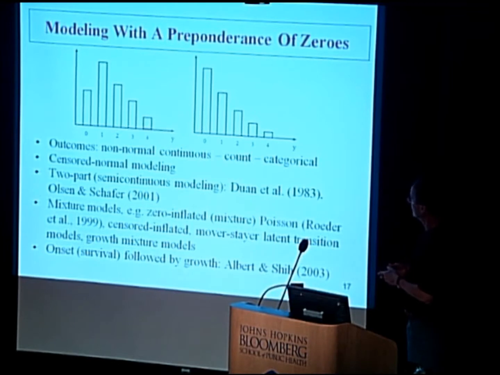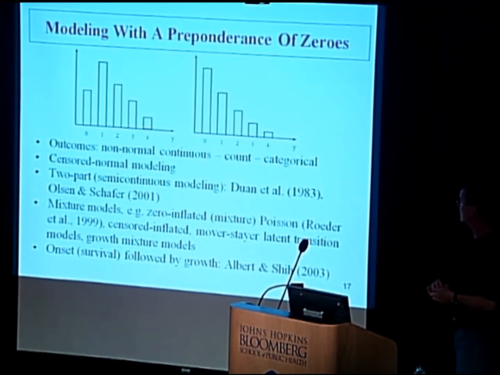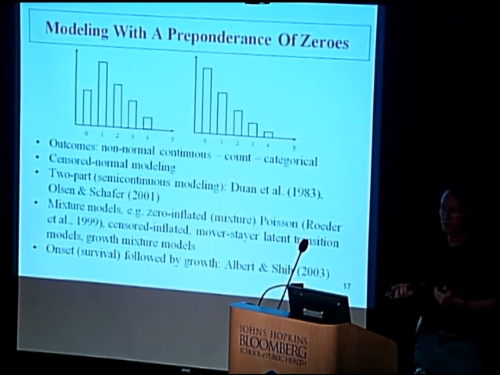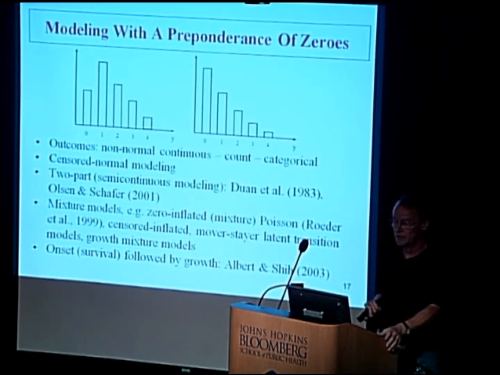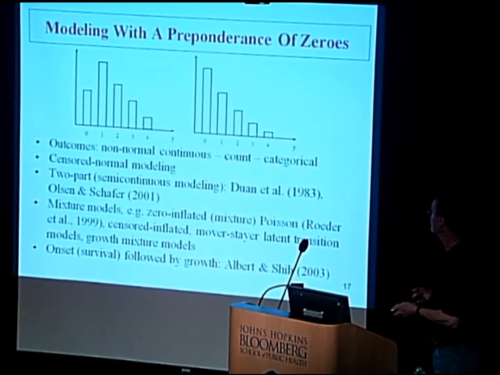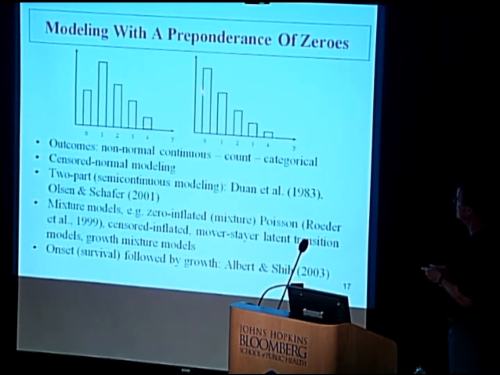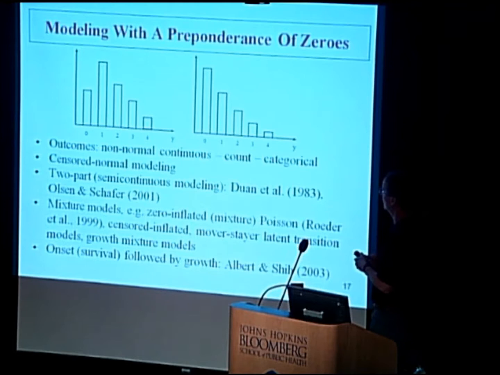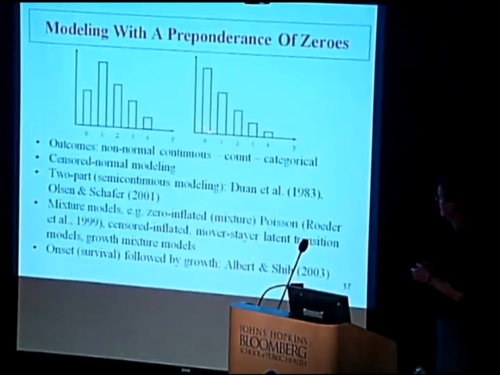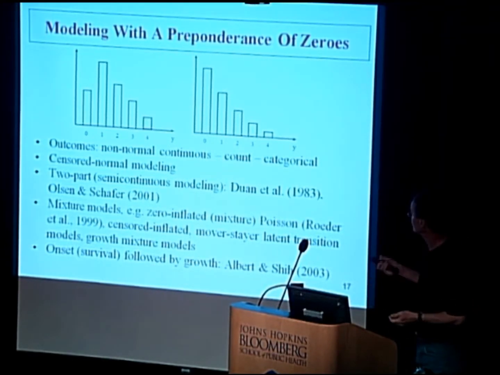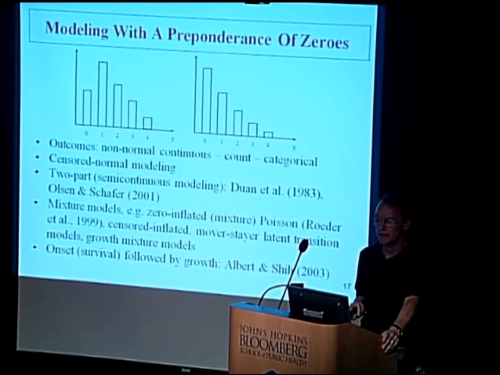So that happens for continuous data, and very often happens for a special kind of outcome, namely a count outcome. So when the values are actually integer values, 0, 1, 2, 3, 4. How many times in the last 30 days did you do this or that, for instance? So it's a count variable, and there are special modeling techniques to take into account the high preponderance of zeros in that case. And you can also take a categorical variable approach, where this is an ordered polytomous or an ordinal variable. But sometimes you have so many different distinct values that it's better to treat it as either a count variable or a